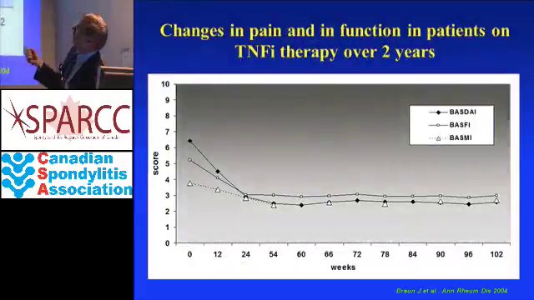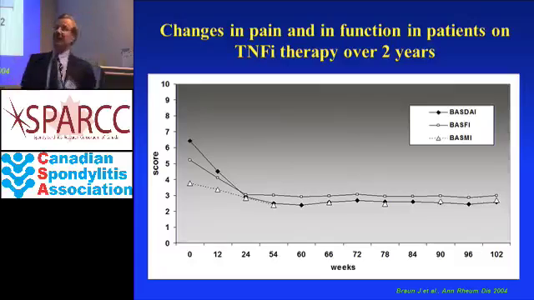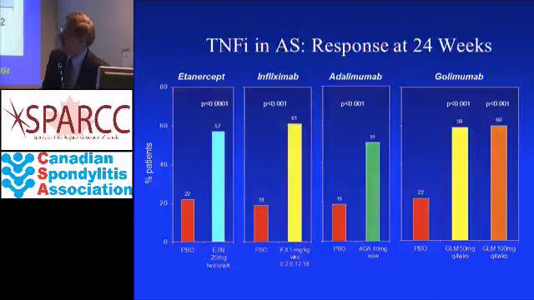If you've been through our clinic, you know we're big on questionnaires. It gets kind of tedious filling those out. But for something like the Disease Activity Index, the BASDAI, which is a composite score of how you've been feeling in the past week, how stiff you've been, how sore you've been, how fatigued you've been, almost all the studies track like this: initially high scores, then once the TNF blocker begins, there's a dramatic improvement, and in many, many of our patients there's been a very sustained effect over time. This has been very gratifying to see, because for many patients there wasn't much else to do.